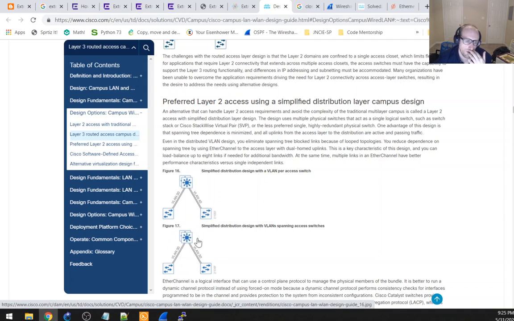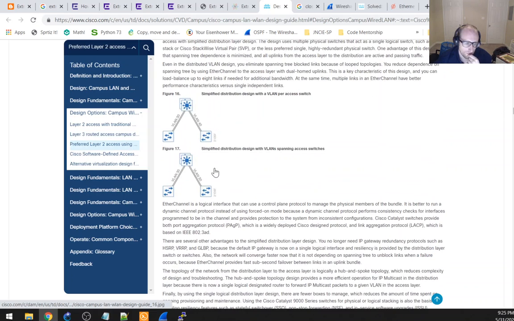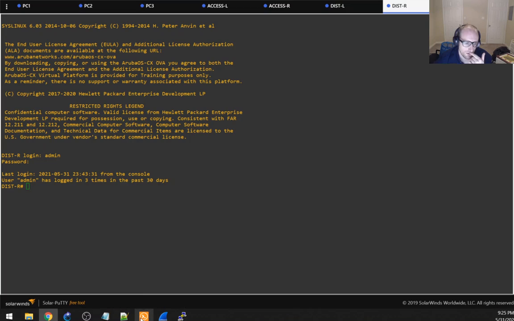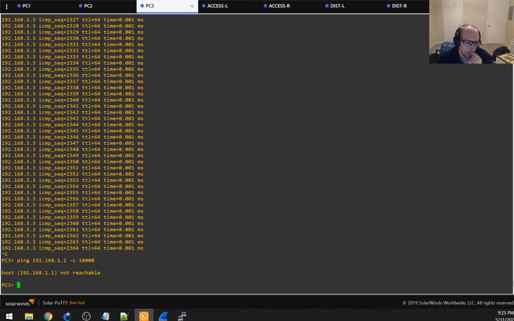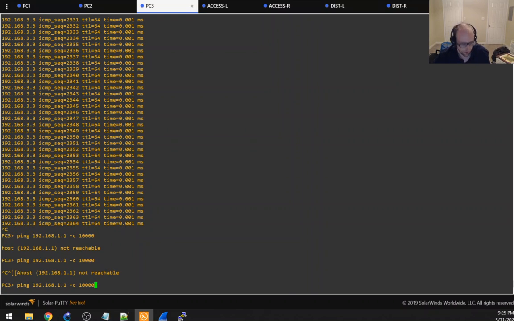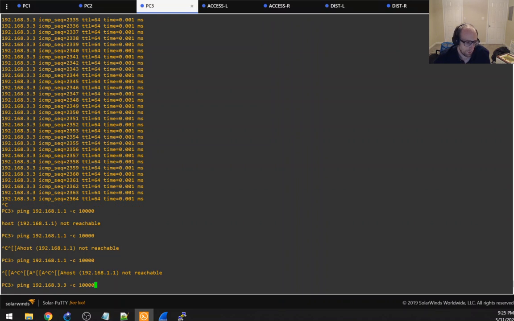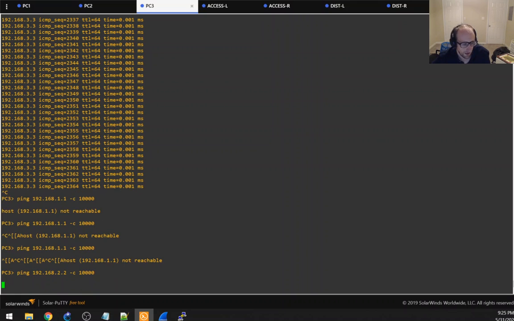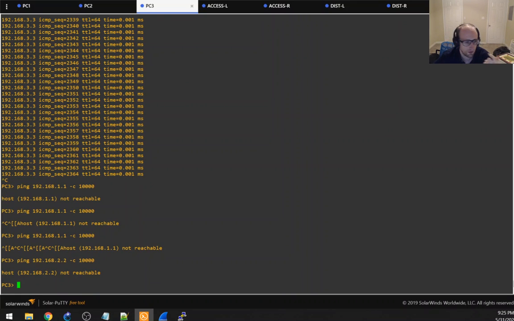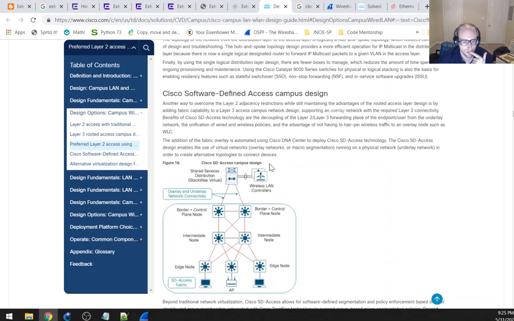We actually did get the fifth one to work as well if we switched this to tagged and untagged, and then rebooted the distribution switch. But unfortunately, failover doesn't work, so that really doesn't do us much good. And not only that, we just completely are randomly, without understanding why, losing our ability to ping. So obviously that's no good. But I'm going to say that this is a victory, even though we've got things going kind of strangely here,